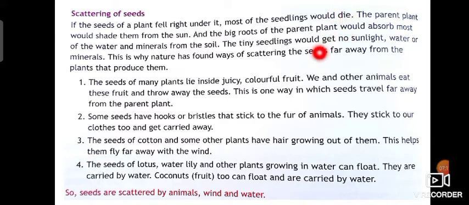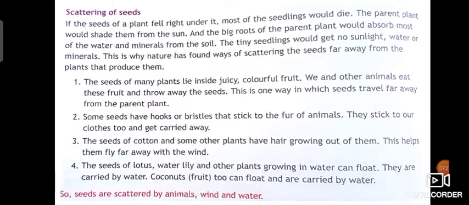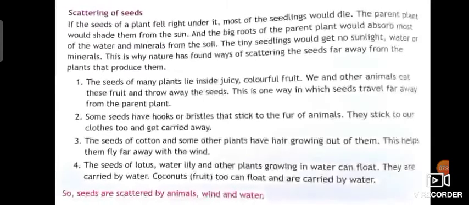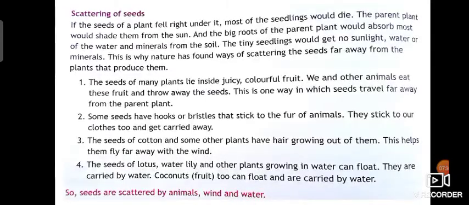The parent plant would shade them from the sun, and the big roots of the parent plant would absorb most of the water and minerals from the soil. The tiny seedling would get no sunlight, water, or minerals. This is why nature has found ways of scattering the seeds far away from the plants that produce them.